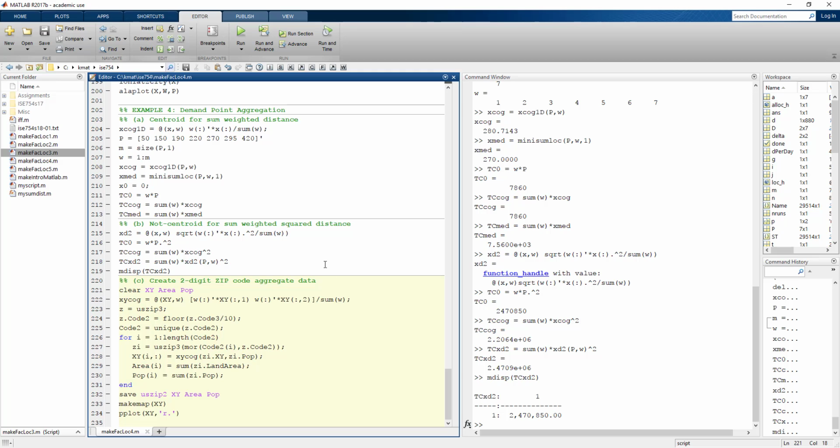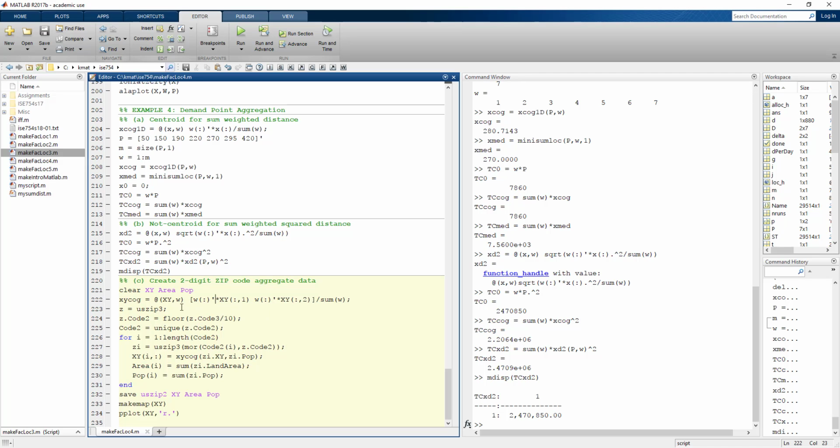And then the last example is, say, instead of using the 3-digit zip, which is a little under 1,000 for the continental United States, if I wanted an even smaller data set, a lesser number of points, I could create one by using the 3-digit zip data to create 2-digit zip data. The thing I want to do is take the population of the 3-digit zips that have the same first 2 digits and add all of that up as the population, do the same for the area, and then for the location calculate the centroid and use that as my new location for that